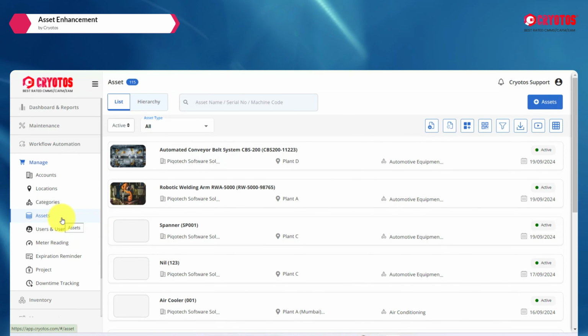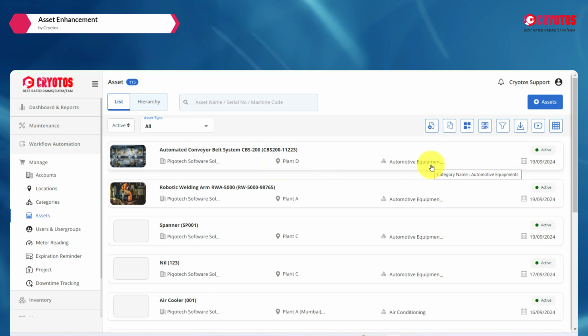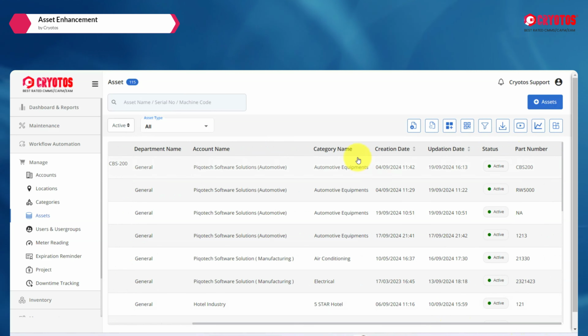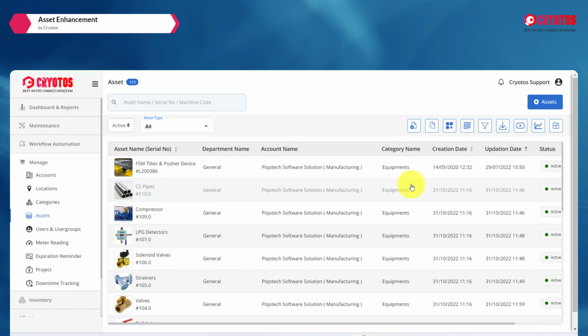Previously in the Asset module, you could see only the list view options, with limited information: asset name, company name, location and categories. We have introduced the table format, where you can see all the information in a table view with the category name, account name and additional information. There is an option to sort by your creation date and your updation dates. You can easily sort it and see the assets which are